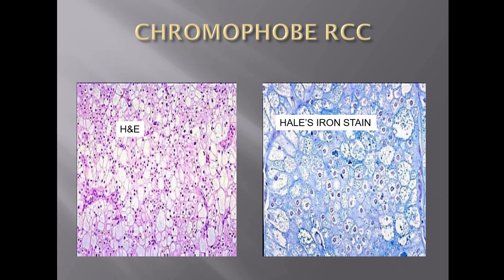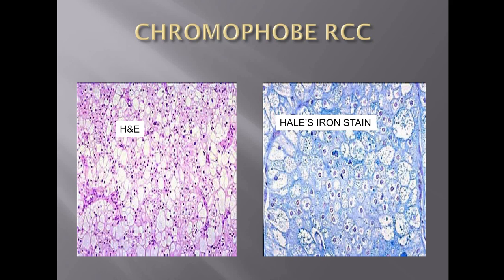but the feature is that the cytoplasm is very granular. If you look closely, it will have pink dots. There it is completely clear, but here it will have more granular cytoplasm and a typical perinuclear halo will be seen. That is, if you take the nucleus, surrounding that there will be clearing. So perinuclear halo with the granular cytoplasm favors chromophobe RCC, and to differentiate we can use our IHC marker